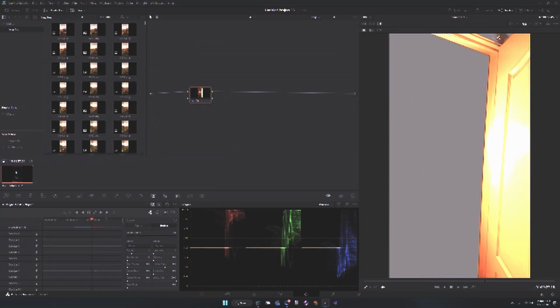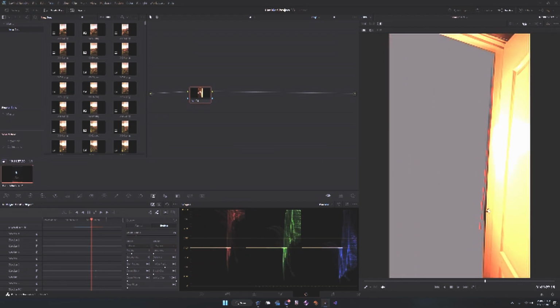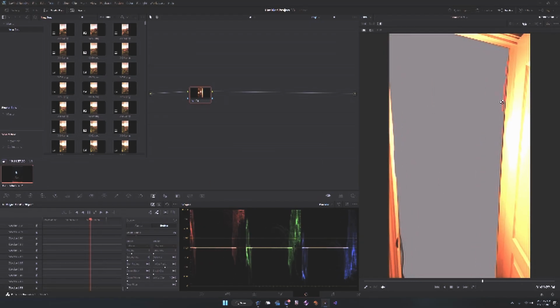So time finally came to do the masking out, and it was really bad. I don't understand why it couldn't find the door. It just kept on tracking something else, or it kept on losing the track, and I just didn't know what to do. So finally, after hours, I was just gonna retrack the sequence and re-render it,